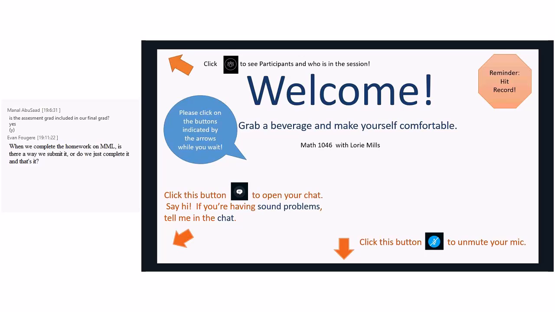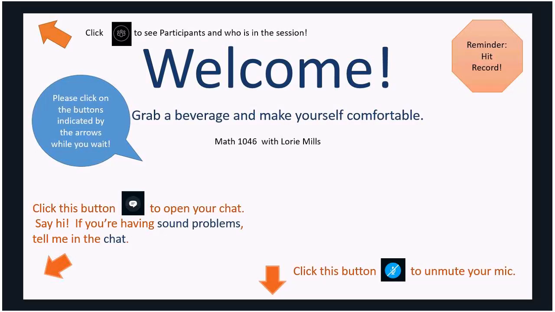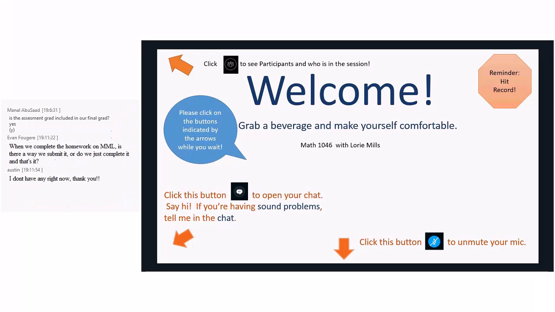So right now, if you go into D2L under grades, your progress, you won't see any grades from My Math Lab because I wait until after the deadline when I'm sure that everybody's done what they wanted to do in their homework, and then I have to manually click a sync button, and then they all come down and in. So that won't happen until after that deadline. But yep, there's no final submit buttons for those.